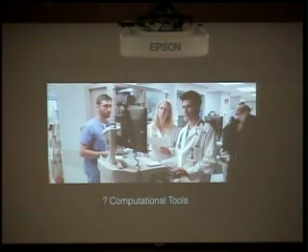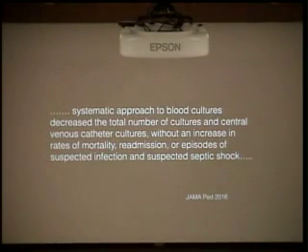What about, this isn't how we round in the ICU anymore, but what about computational tools? Well, one thing that we're looking at, this was just put in JAMA Peds a few months ago, and we're looking at adopting it here once we get everyone's agreement. Basically, you take the nurse and the resident, and she calls you and says, I got patient X with a fever. Well, she gets out this check sheet and says, does he meet these criteria? And the resident does the same thing, because we do have different frames of reference. And if they don't meet that certain criteria, then they don't get blood cultures, and they don't get antibiotics.